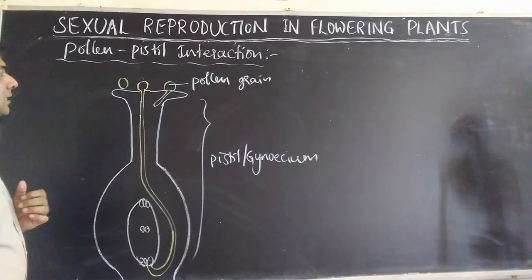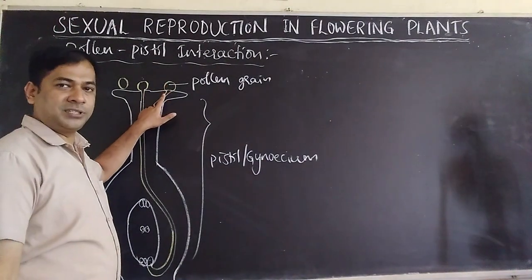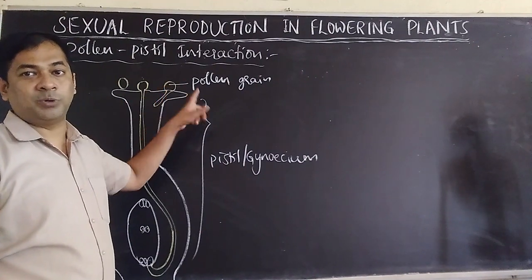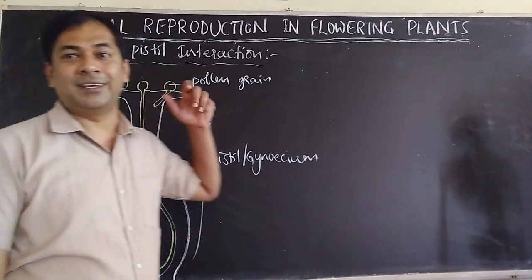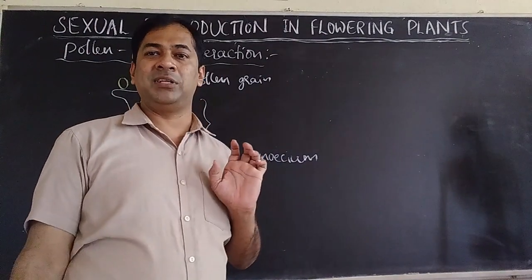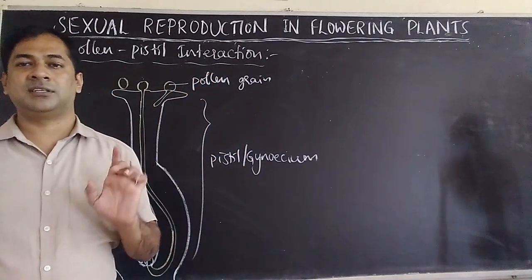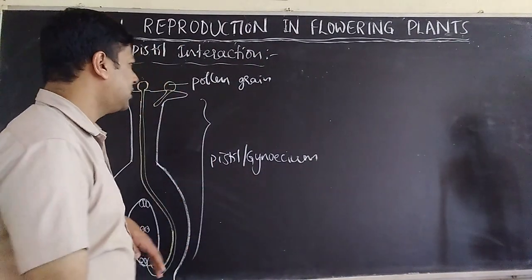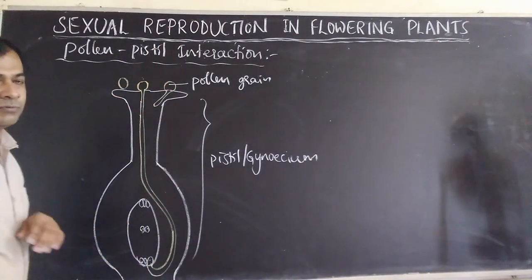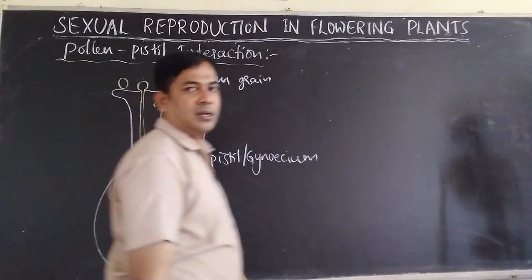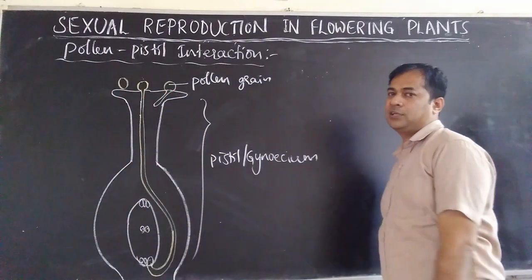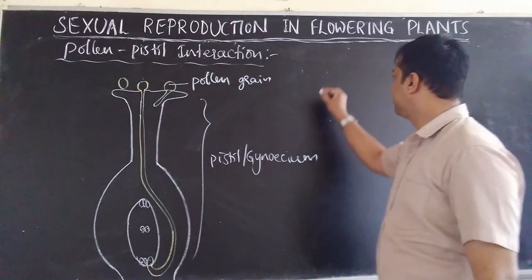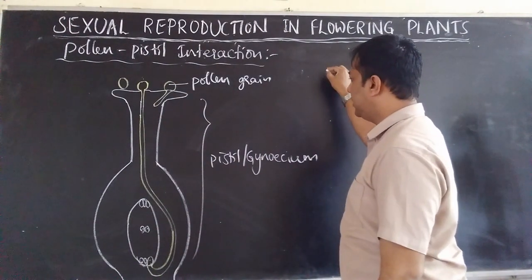That means when pollen grains are transferred to the stigma, then the stigma decides whether it should support this pollen grain or reject it. That means the stigma decides whether the pollen grain should be accepted or rejected. So let us see what that mechanism is slowly, one by one. There are actually two types of pollen grains which are recognized by the pistil. One is the right type of pollen, which you have already learned.